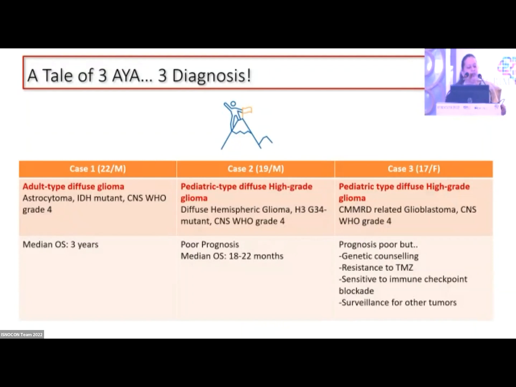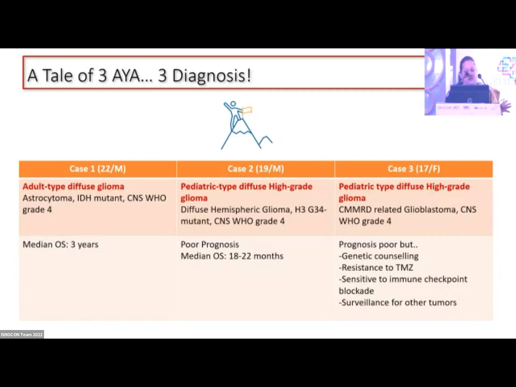So now we have here the tale of 3 AYA with 3 diagnoses in the similar age group, similar on radiological diagnosis, and on the morphology very identical, all IDH wild type, ATRX loss. One turned out to be an adult type of diffuse glioma, astrocytoma grade 4, with a good median overall survival. The other turned out to be pediatric diffuse high-grade glioma with a poorer prognosis, and the third turned out to